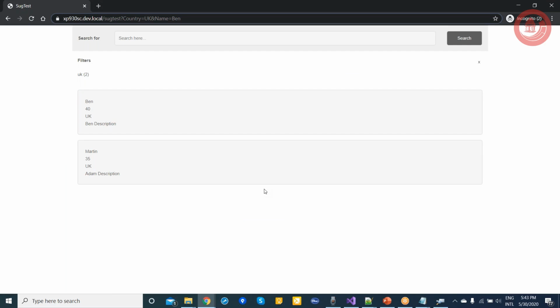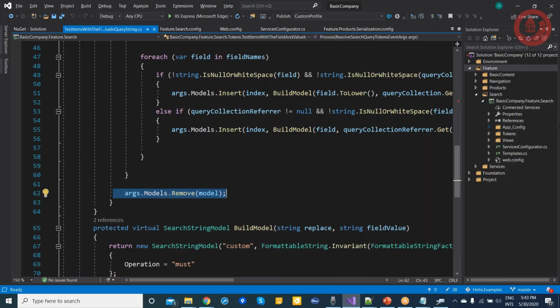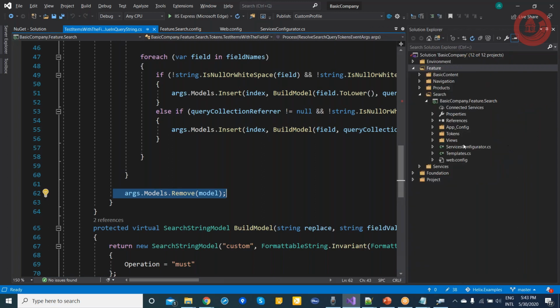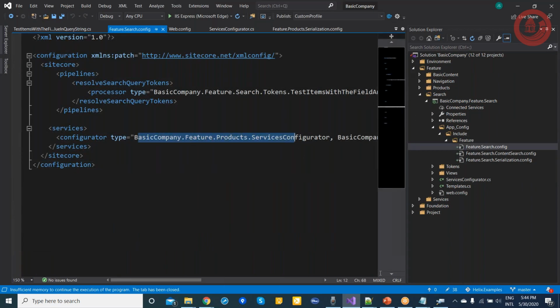You would need a similar requirement if you want to extend these custom item resolvers. It's very straightforward. You can take the reference from the Sitecore libraries, and then you can write your own logic, and then you just register this here, and that's all you need to do.